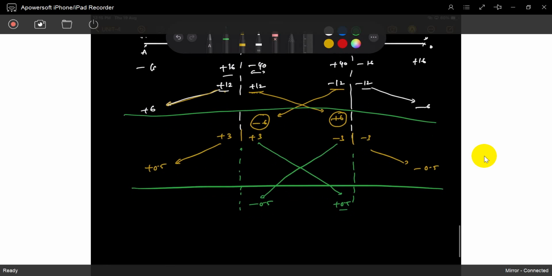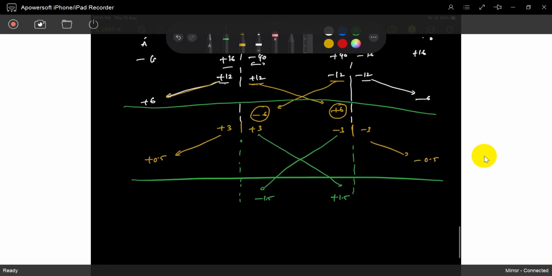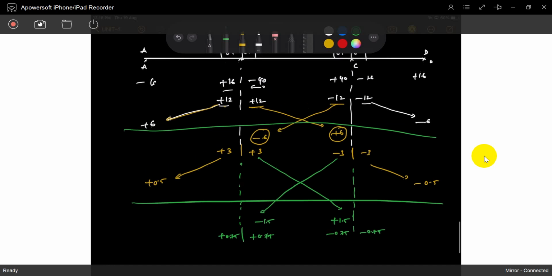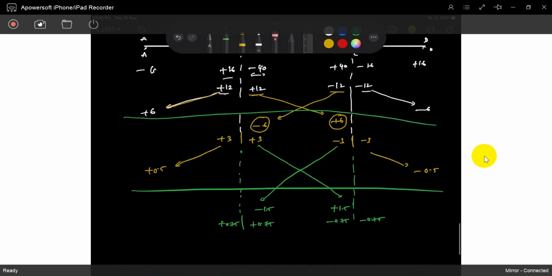sorry, it's not 0.5, it's 1.5. How is it? For 3, it is not 0.5, it's 1.5. Okay, so again we have to distribute it. 1.5, 0.75, no? It's plus 0.75, minus 0.75. Again here minus 0.75. We have to take and apply a minus 0.75. So now you can write it as plus 0.75. See, 1.5.